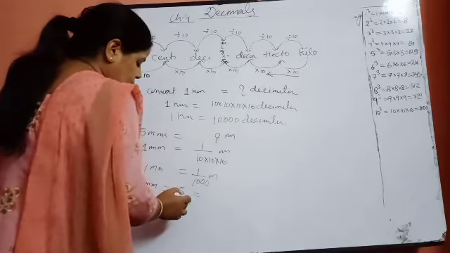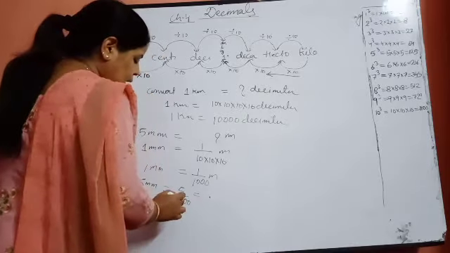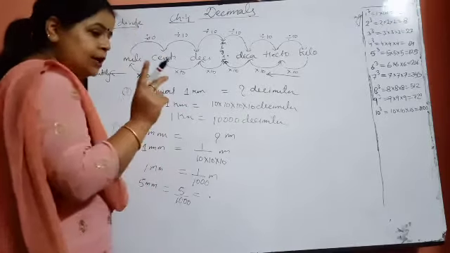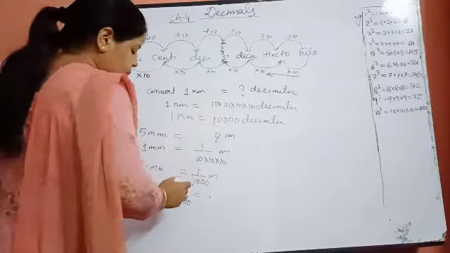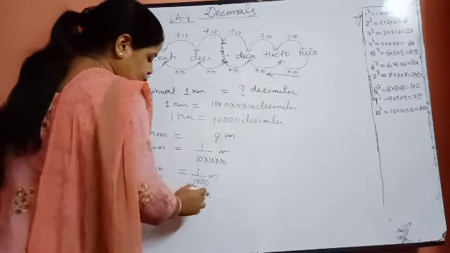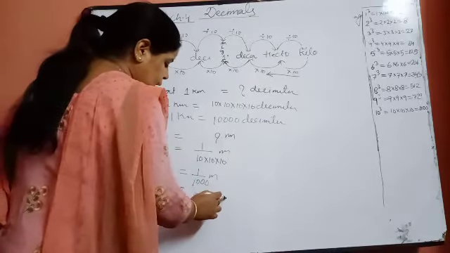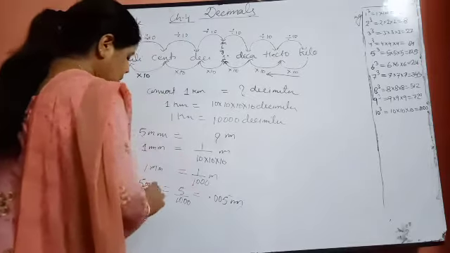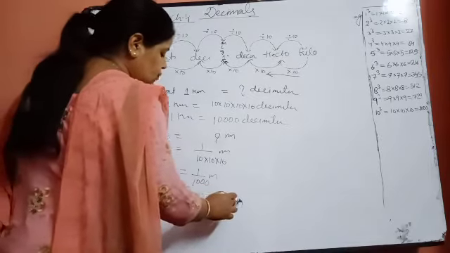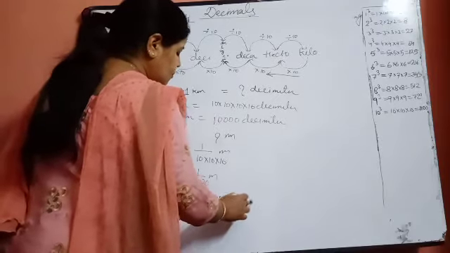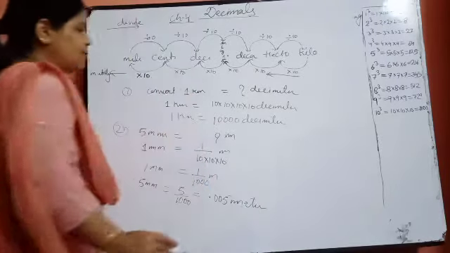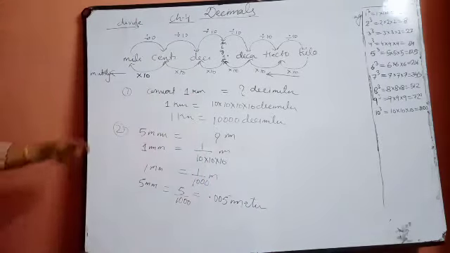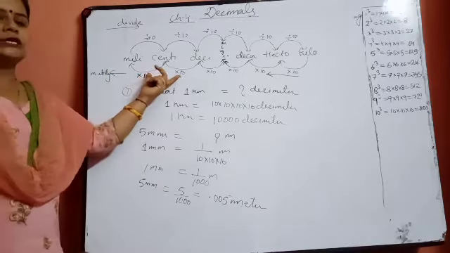So you will put the decimal here. And after the decimal, how many digits should be there? 3. But you have only one digit here, 5. So what will you do? 0, 0 and 5. And what will it be? Meter. So 5 millimeter is equal to 0.005 meter. So in this way we will complete. Further we are going to learn more, but the main thing is how we are using this table.